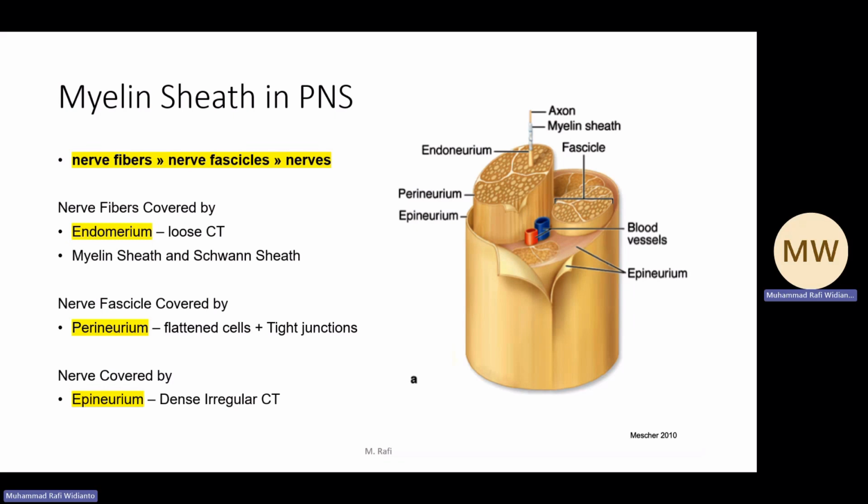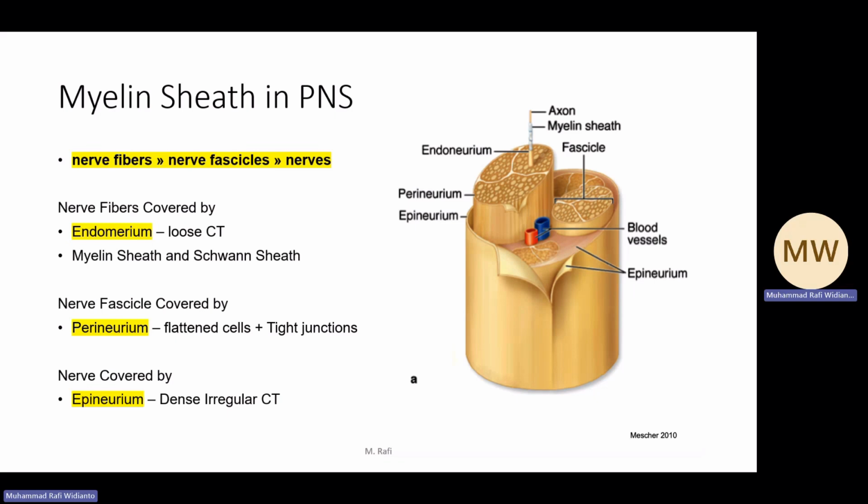And we can also see it in more detail in many different concentric layers. So going from inner towards outer, we have the nerve fibers, the nerve fascicles, which contain a bundle of nerve fibers, and then we have our nerve ultimately. Our nerve fibers are covered by endoneurium, which is loose connective tissue, and our nerve fascicle is covered by flattened cells. However, you can also say that they are covered by flattened fibrocytes,